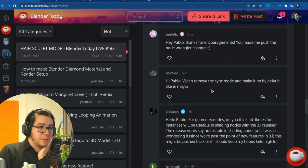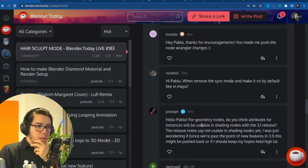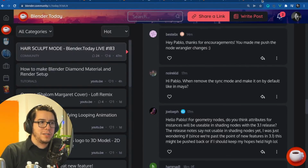Hello Pablo. For geometry nodes, do you think attributes for instances will be useful in shading nodes with 3.1? I think the change was for 3.2 though. The release notes say it's not useful in shading nodes yet. I was just wondering if it's the point. No, I think that's planned for 3.2. I think so. If I understand, yeah, not 3.1. Sorry, 3.1 is